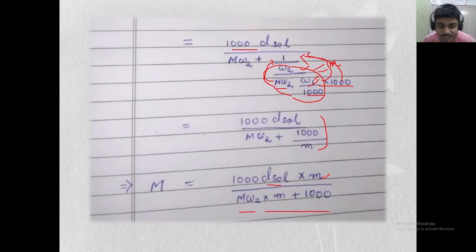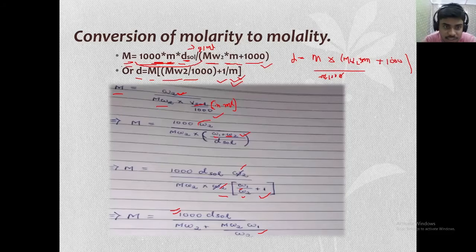So simple, right? See the steps. I have taken the definition of molarity. Very simple, but now I have to cancel this volume term first. So I can write volume in terms of weight by density. So density of a solution we will know easily, and these are two terms that have come. Now I will cancel out the weight of the solute from the numerator, so I will take the weight of the solute common here.